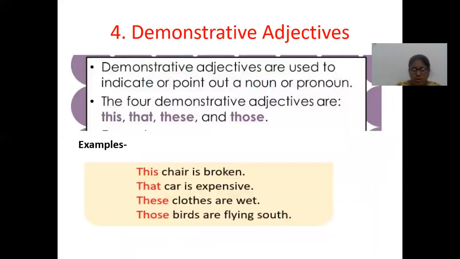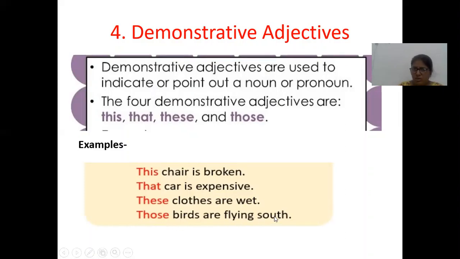Good morning to all. Today we are starting with types of adjectives and the fourth one is demonstrative adjective. Demonstrative adjectives are used to indicate, means to show or point out a noun or a pronoun in a sentence. The four demonstrative adjectives are this, that, these and those. Now, with examples we can understand: this car is broken, that car is expensive, these clothes are wet and those